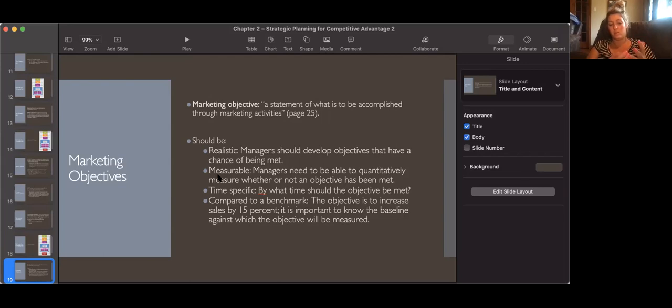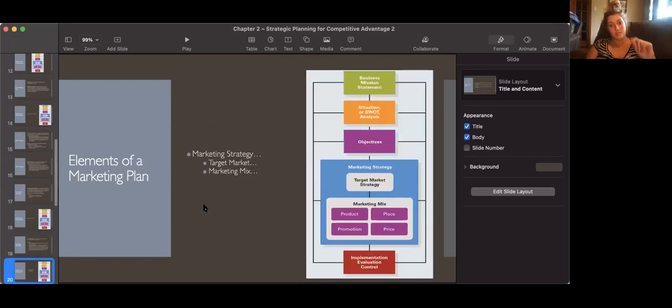Somebody will inevitably come in and think, oh, that's not for me. I'm not going to go back. I tried it once. I'm good. But they can measure it. It's time specific. In the next 6 months, they can put a time frame on it, and then they can compare it to a benchmark. So you may want to say, I need this increase 15% over the next quarter from the last quarter. However this looks is different, like I said, for each company, but that's how people set their objectives that tend to work.